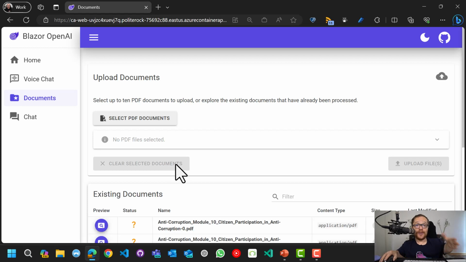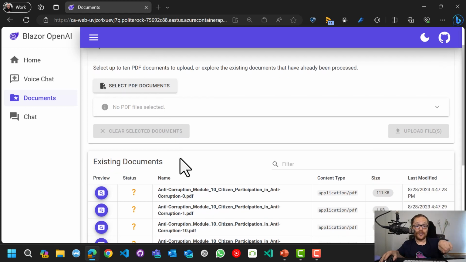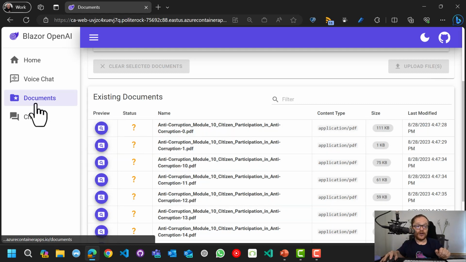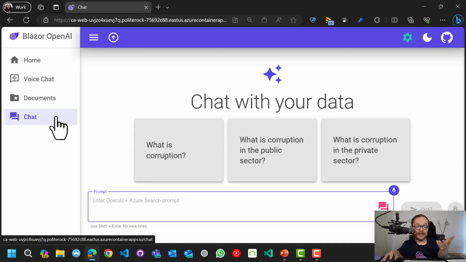I actually loaded them up as part of the AZD init and app lifecycle, so it goes in there and scans them. You can actually go in there and select the PDF documents. You can see that this is all of the documents that 4 hours before I actually deployed it, they'd given me, and I'd said, okay, cool, how do I teach and train this here? So I've got all of the material here,